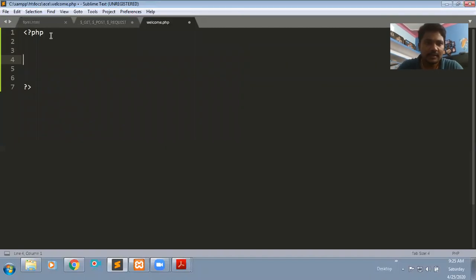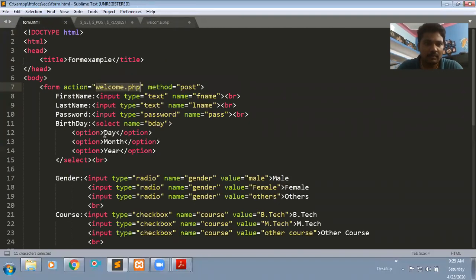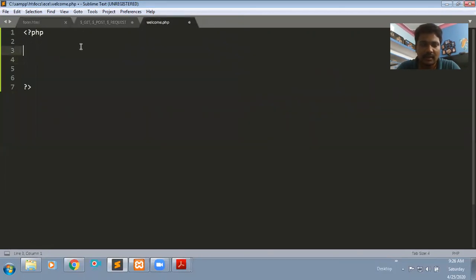While discussing the web form, you can see first name. If I want to read this first name into my PHP file, here we mention that this is the text box, and I'm giving one name for this text box, fname. This name field is used to read the data into a PHP file. By using this name only, you are able to read the data within this server page.